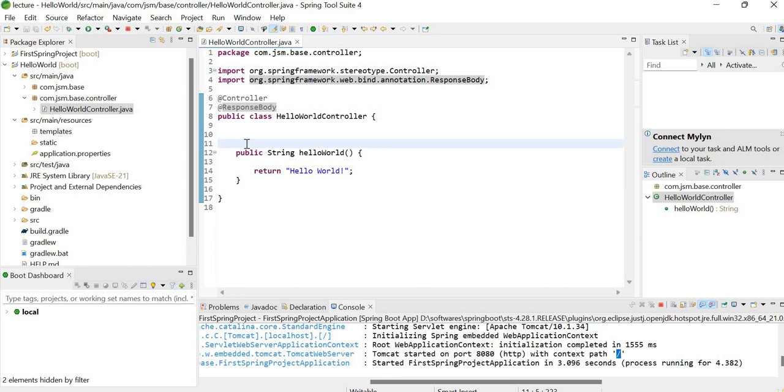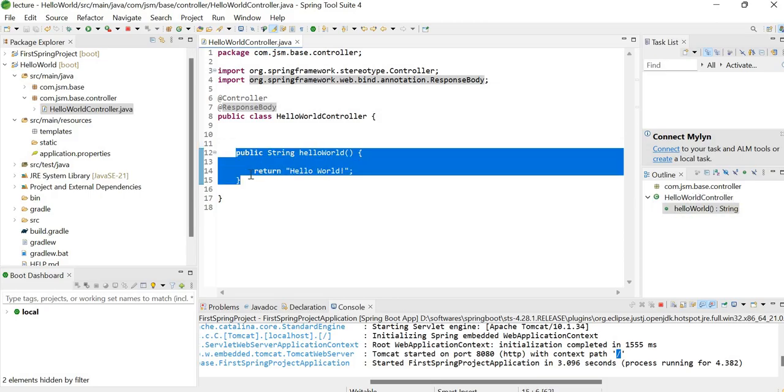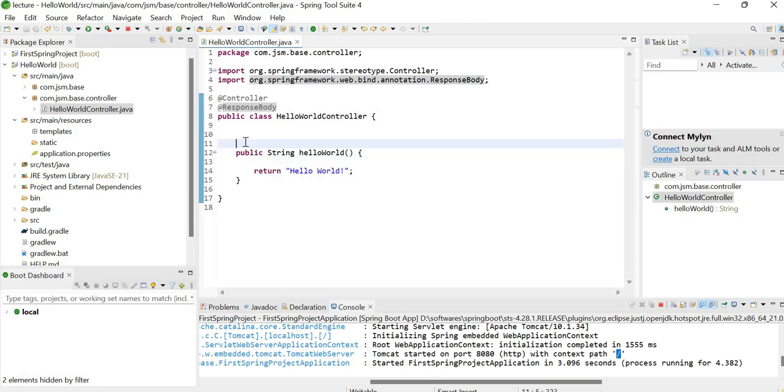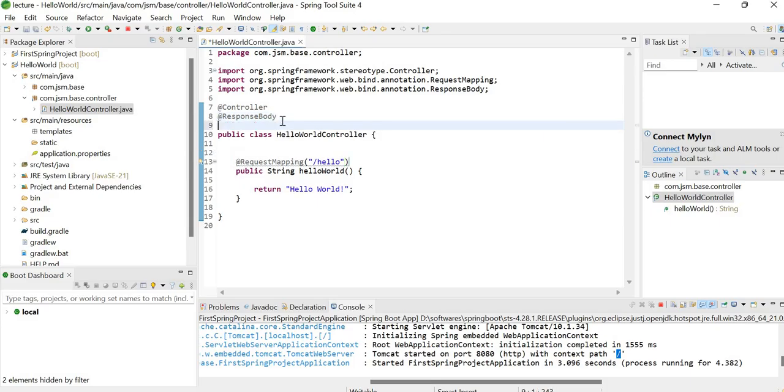And to make this helloWorld method a REST endpoint, we have to mention @RequestMapping. So in the request mapping annotation, we have to give the path for this endpoint like /hello, and here also we can give a path using the request mapping annotation, /base.